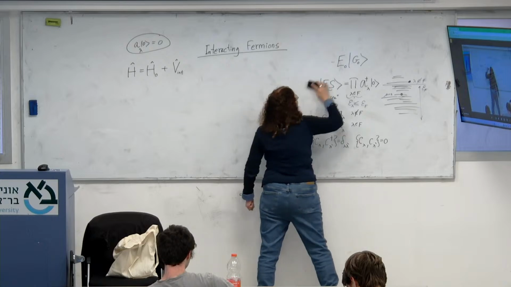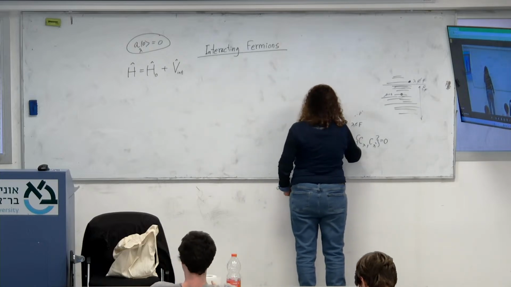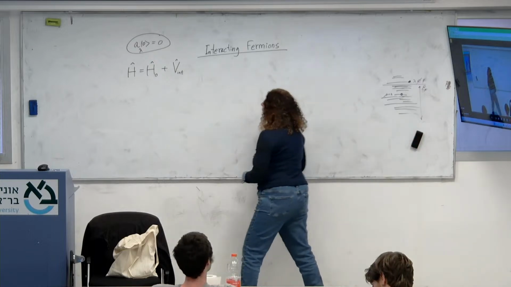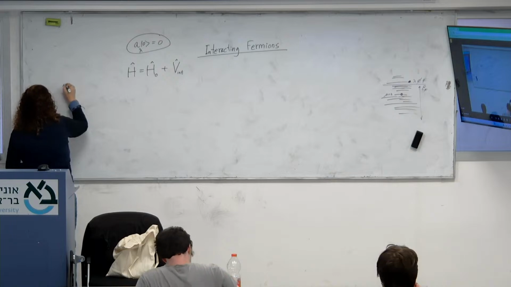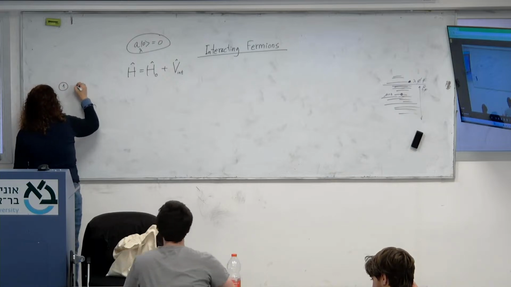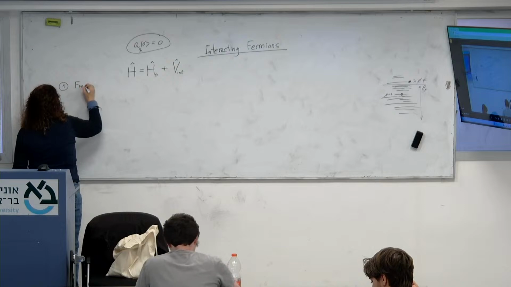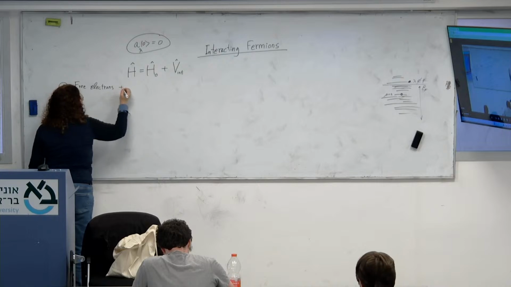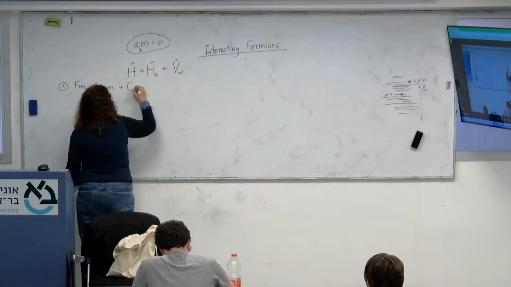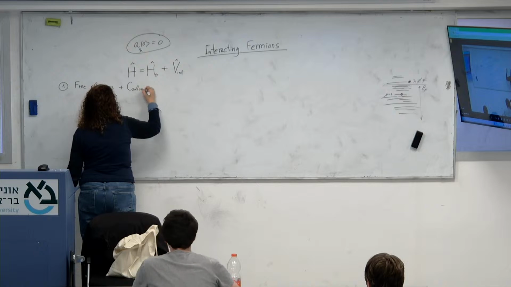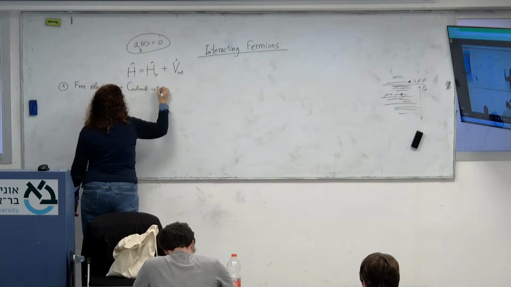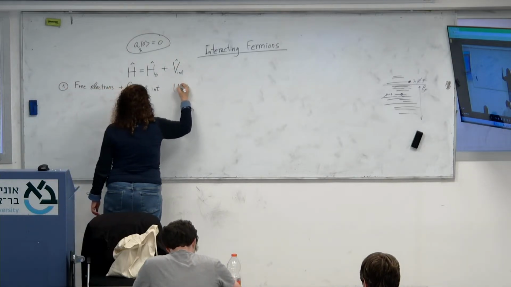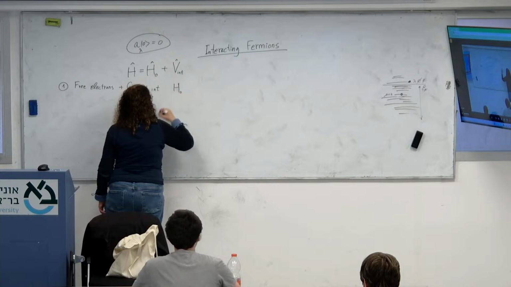Let me erase all this to make some space. So the first example is free electrons plus Coulomb interaction. Okay, in which case H naught is